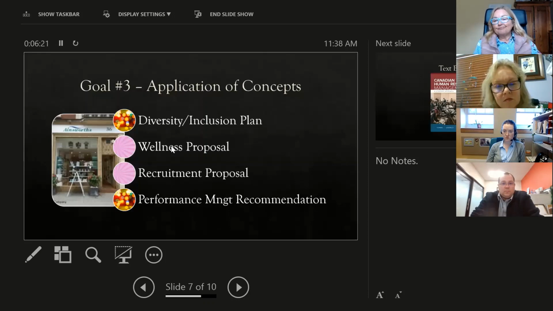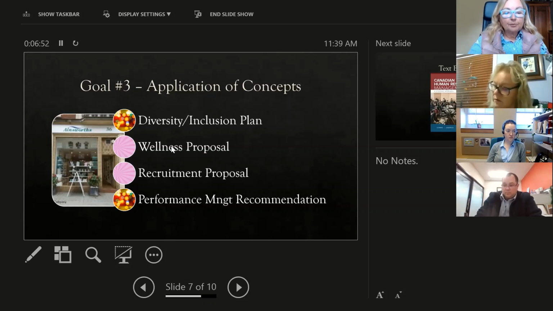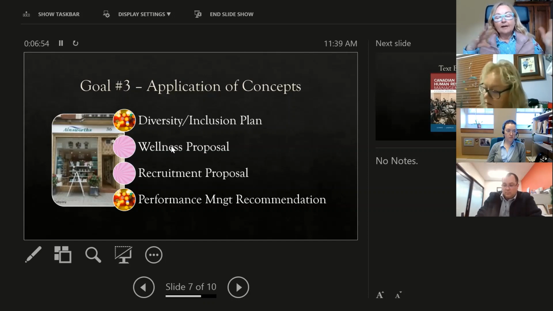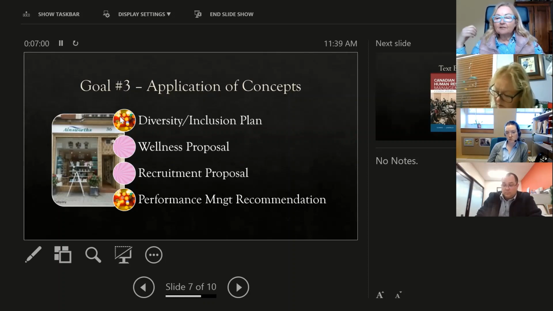Goal number 3, just learning about stuff is not enough, because you read it or I talk about it, and if I'm lucky, a day later you remember a little bit, but not much. And when people really start to own stuff is when they start applying the concepts. So there'll be lots of opportunities for you to take what you're reading and apply it. We have a case study that you can apply to. And for example, the coloring on this is intentional. So these sparkly dots are non-graded